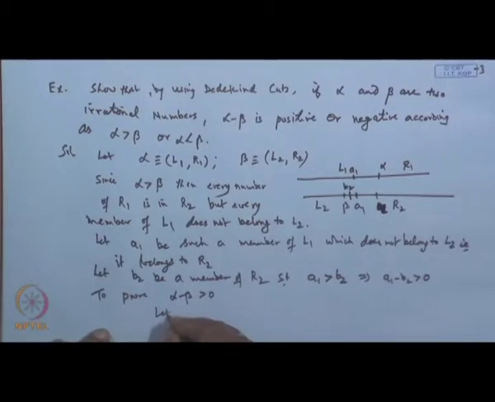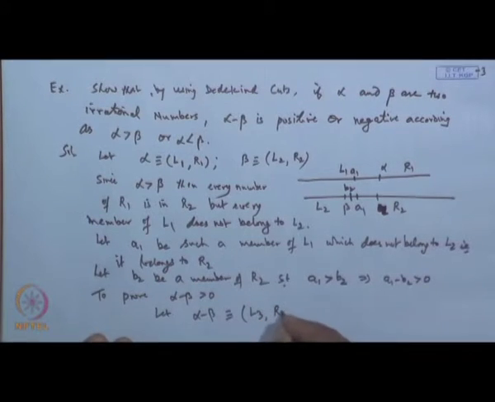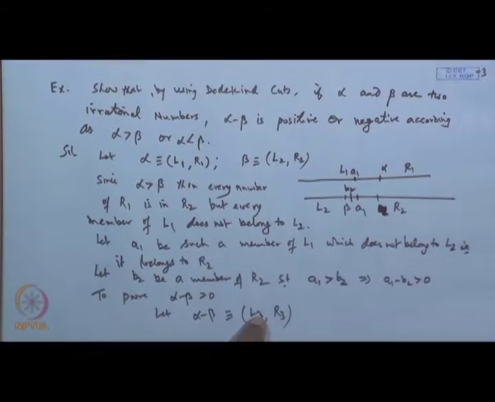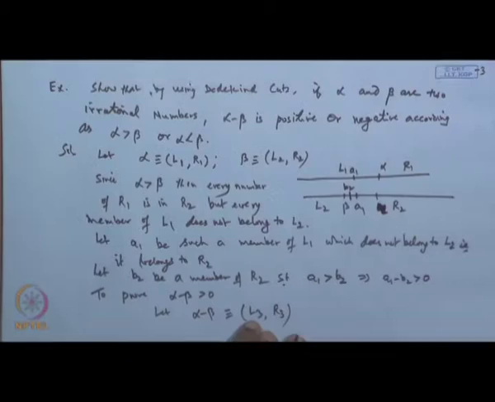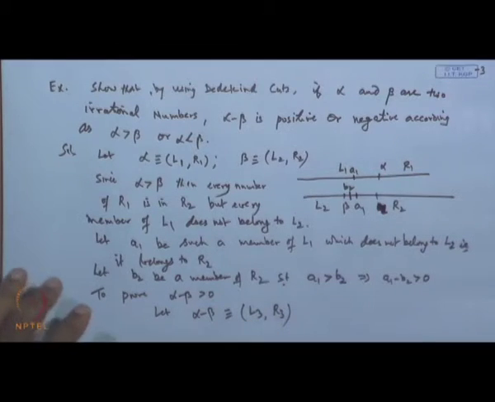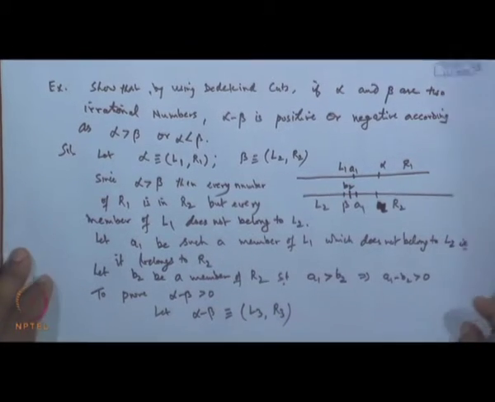So, let alpha minus beta be represented by a section, say L 3 R 3. If I prove L 3 contains some positive number, then alpha minus beta becomes greater than 0. Now, this L 3, what is it? It is the sum of